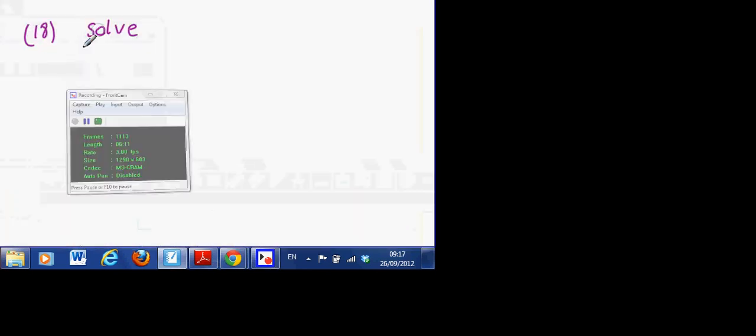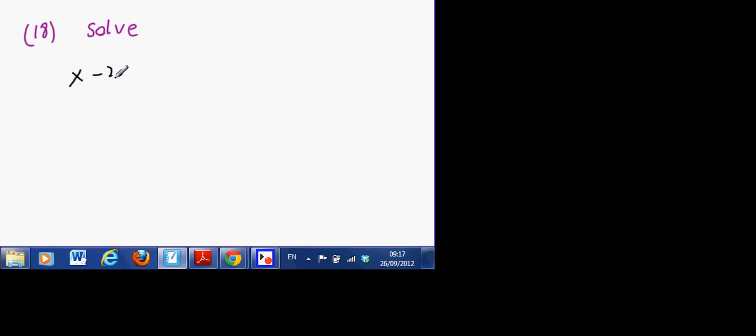Okay, x minus 2y equals 0. x squared plus y squared equals 20. Now, the first thing you need to do,